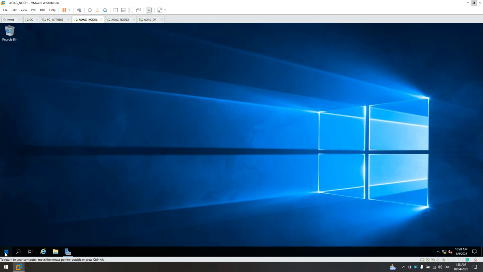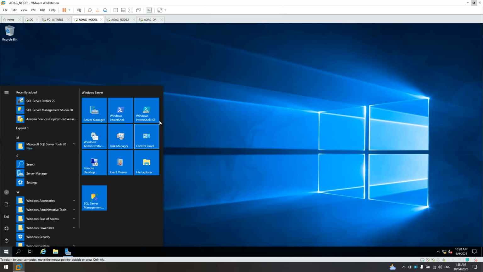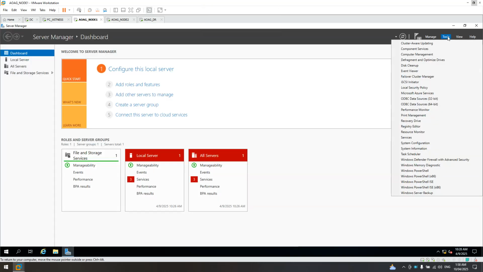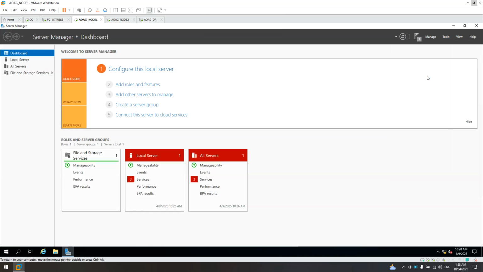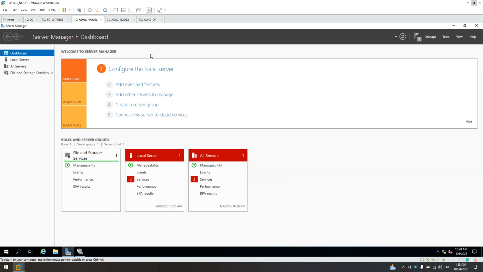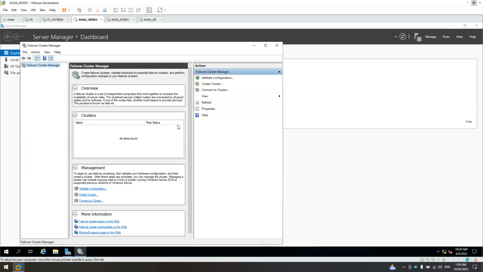Now in the failover cluster, let's open the server manager. In the tools, click on the failover cluster manager.